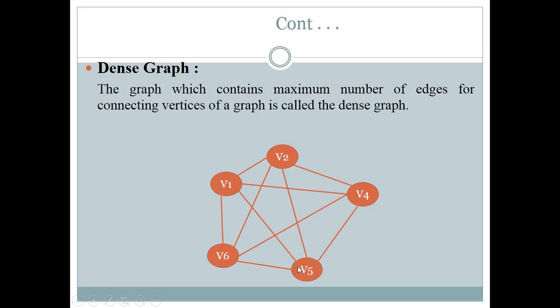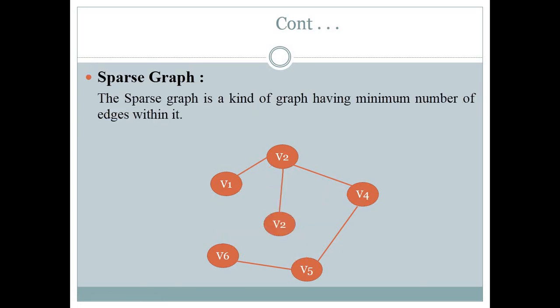If V4 to V6 is available, then V4 to V6 edge is available. V6 to V2 is available, then V2 to V6 edge is available. So all possible edges are available, that is the maximum number of edges connecting vertices. So this will be known as a dense graph.